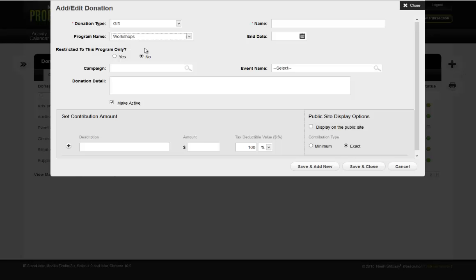Depending on how you configured the program, the restricted to this program only field may or may not be active. If it is active, you can select Yes to restrict donations entered under this donation bucket to the selected program. Select No to leave them unrestricted. If you want to restrict all donations entered under this donation bucket to one event, select the event name from